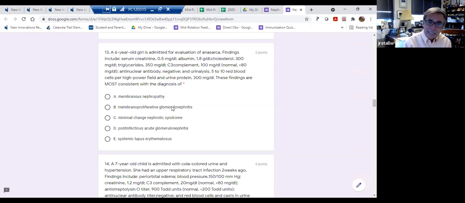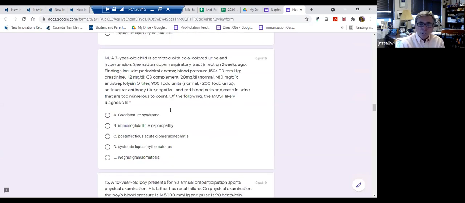But the ANA is negative. Once again, you have to move away from that. And then you look at that minimal RBC, and we said this a while ago, 15% of nephrotics can have a little microhematuria. Here it is, but with that protein, low serum albumin, obviously high cholesterol, 6-year-old, normal creatinine, it's minimal change. 14, 7-year-old, Coca-Cola colored, once again, Coca-Cola colored, tea color, upper tract respiratory infection,